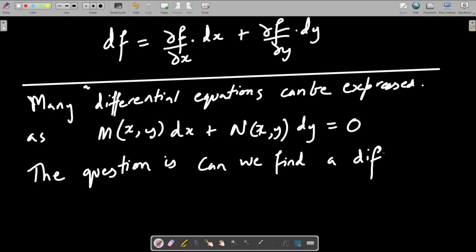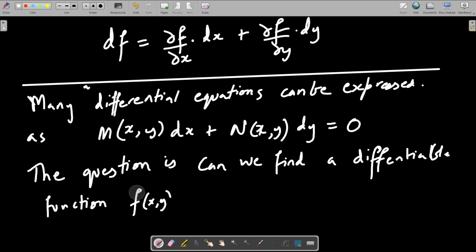Can we find a differentiable function f of x, y